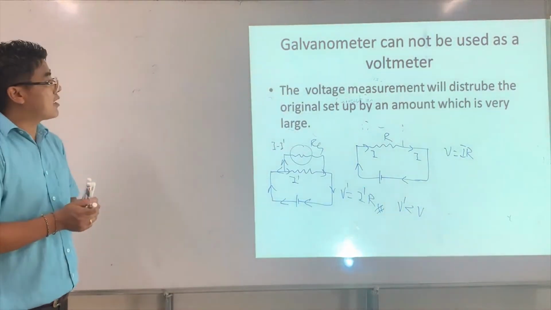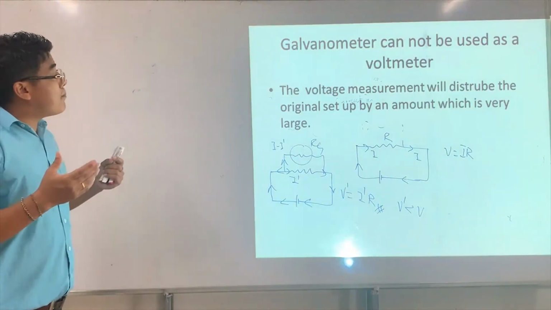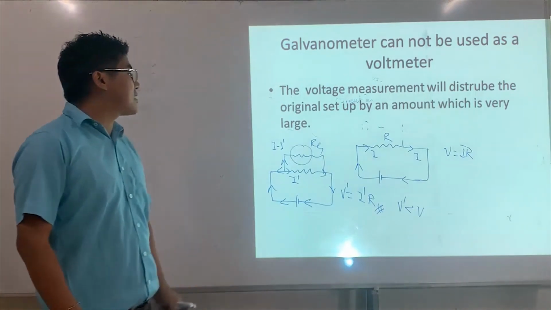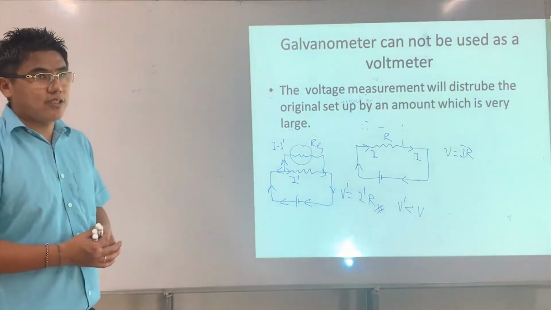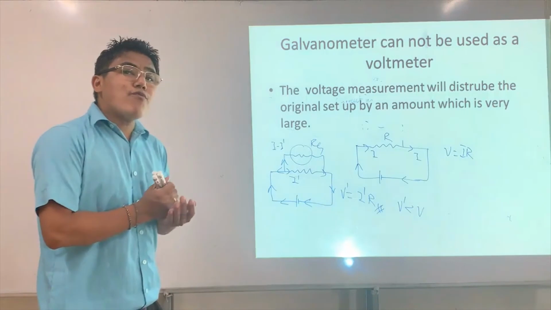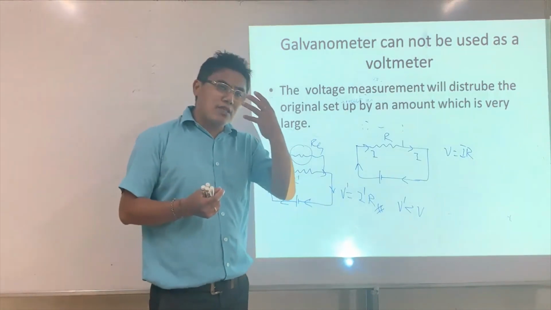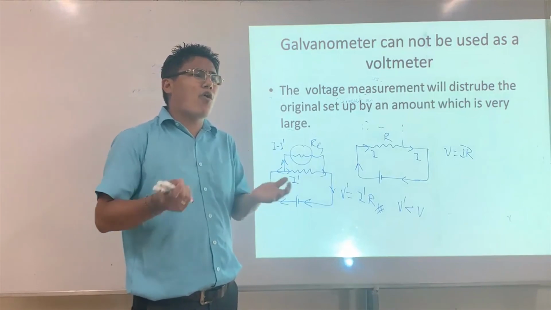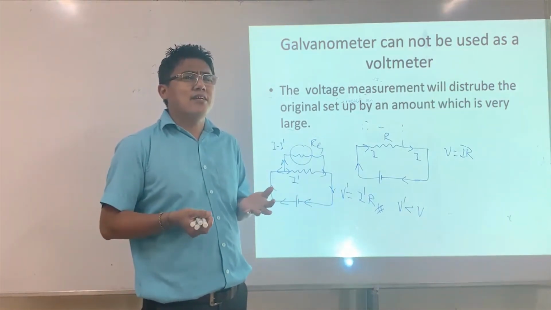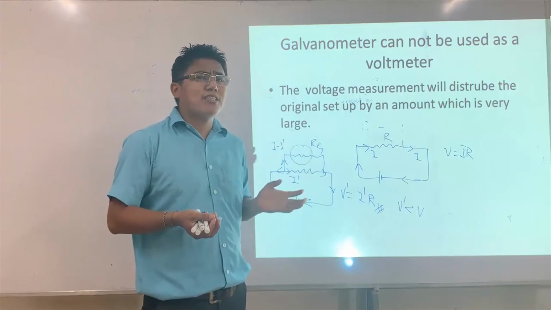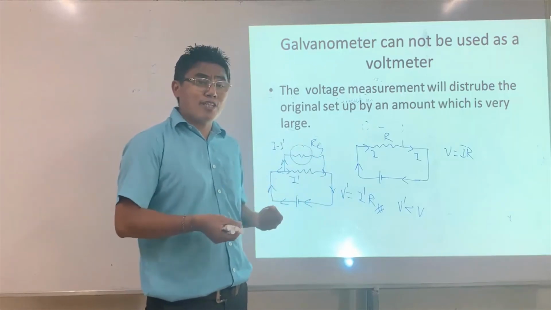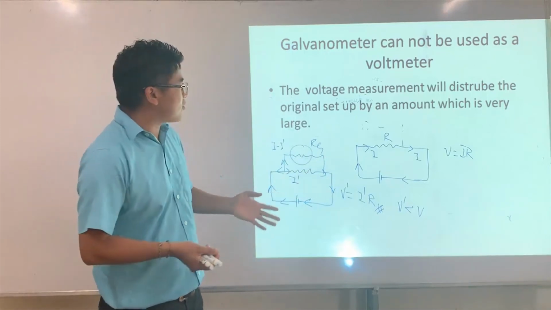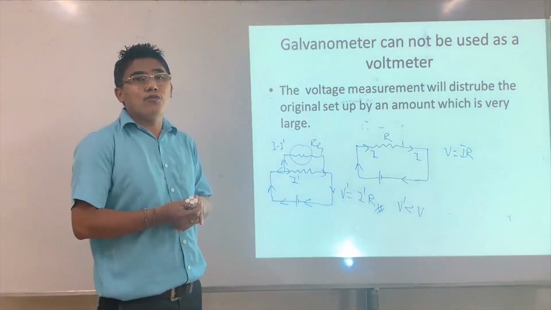So the voltage measurement will disturb the original setup by an amount which is very large. Normally whenever we use a measuring device, this actually disturbs the measurement. However, the disturbance should be less than 1%. If it is less than 1%, then the measuring device is okay to measure things. If it is 20%, 30%, something like 50%,